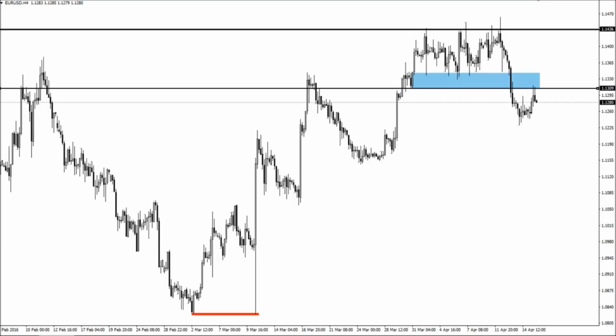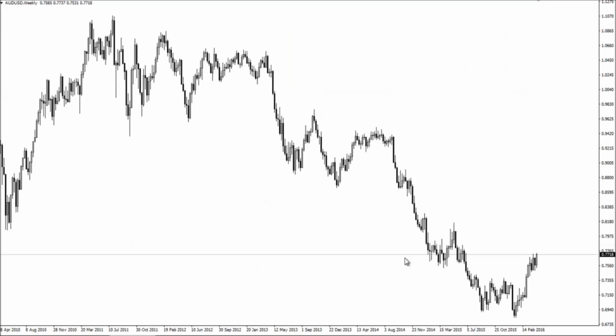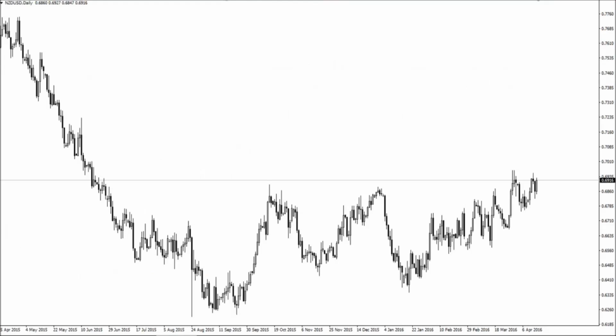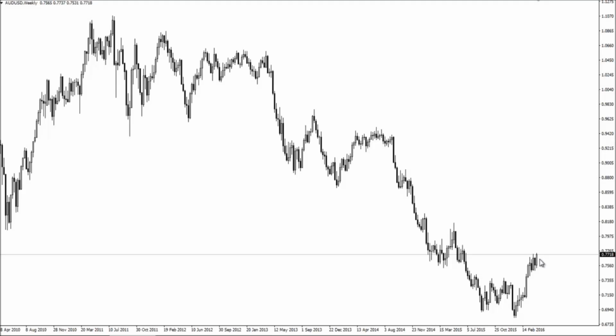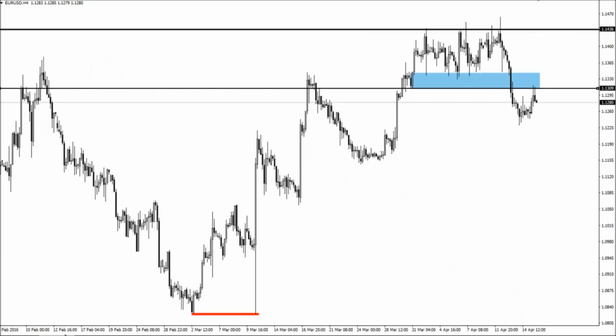Aussie dollar and New Zealand dollar, I'm not even bothered with. Aussie dollar looks bullish to me. It is in this weekly bearish block, but there's no sign for me to short this just yet. Similar goes for New Zealand dollar, possibly high price. So I'm just looking at it. Maybe later on it'll give me something clear, but I have no idea if the Aussie dollar is ending or not. It looks very bullish to me. Look at the weekly, man. Look how bullish that is. But we'll see what happens. But fiber and cable are the main ones. So I'm just going to close the recording here. Okay. So that's